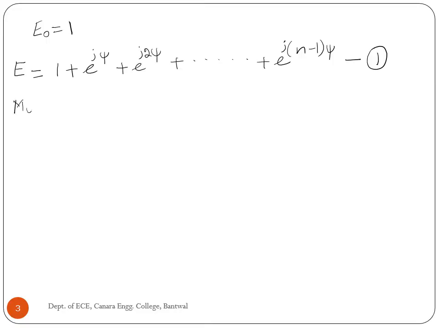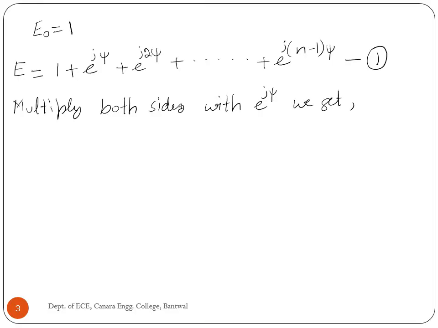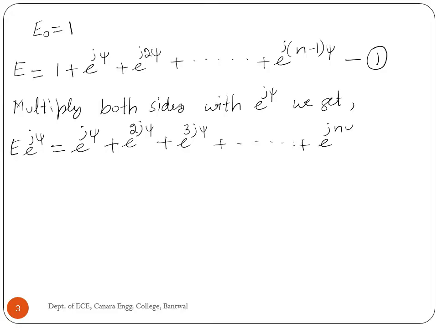Multiply both sides with e to power j xi, we get E into e to power j xi, which is equal to e to power j xi plus e to power 2 j xi plus e to power 3 j xi plus e to power j n xi, equation 2. Equation 1 minus equation 2,